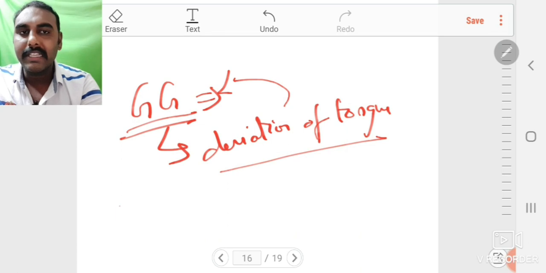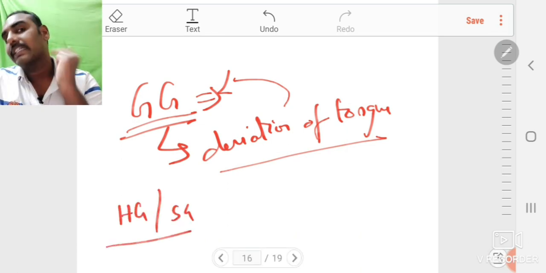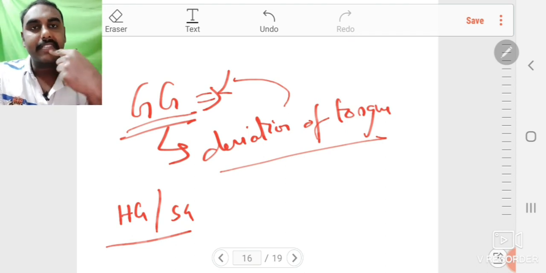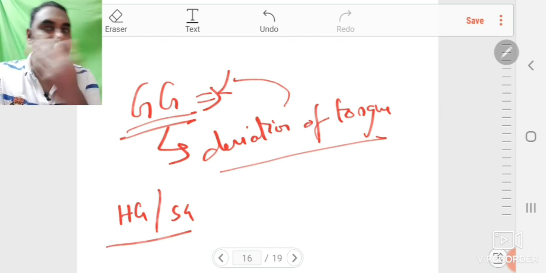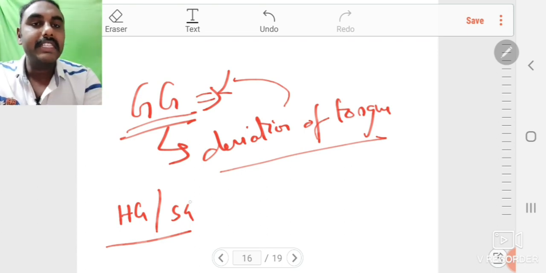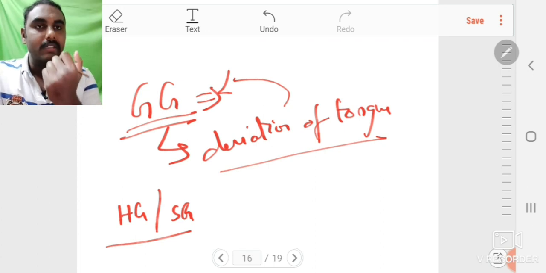So what are the other options? Hyoglossus, styloglossus. As the name indicates, hyoglossus just pulls the tongue downwards, not from side to side. Styloglossus again just retracts the tongue. So these two are concerned with the movement which is retraction or lowering of the tongue, not the deviation